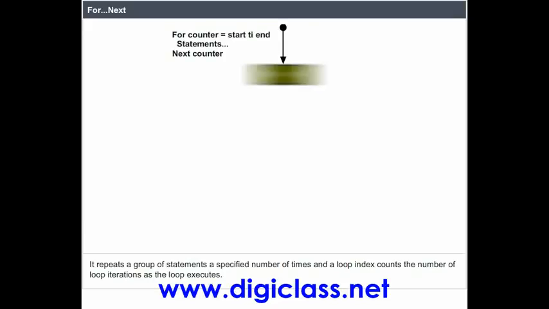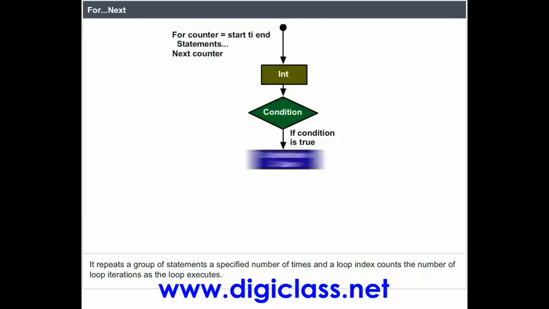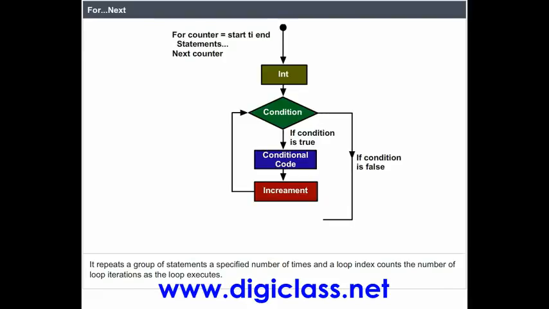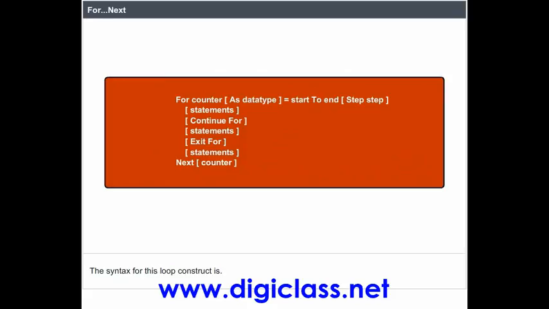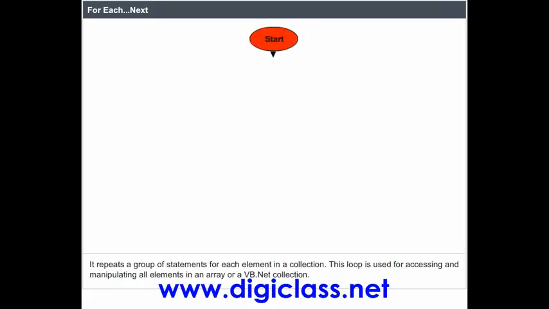For next. It repeats a group of statements a specified number of times, and a loop index counts the number of loop iterations as the loop executes. The syntax for this loop construct is